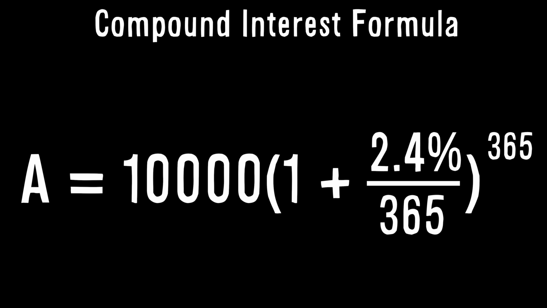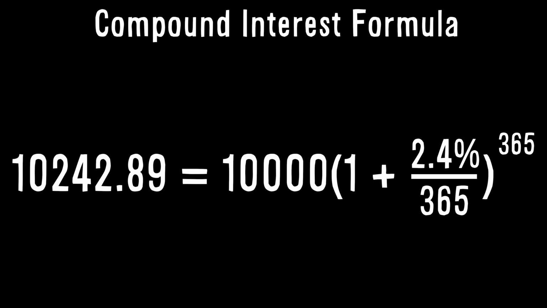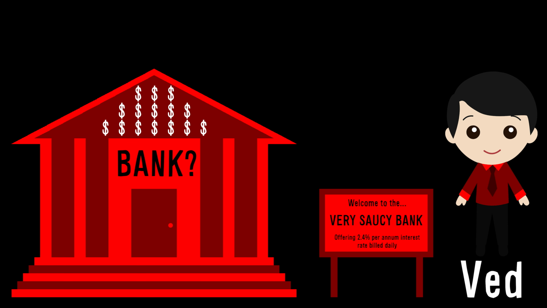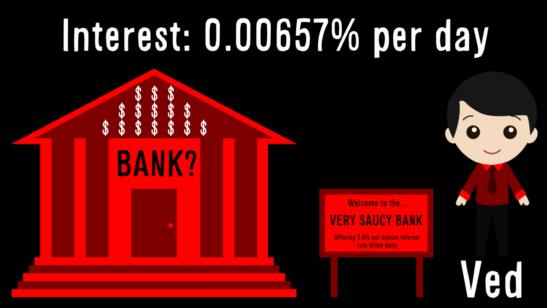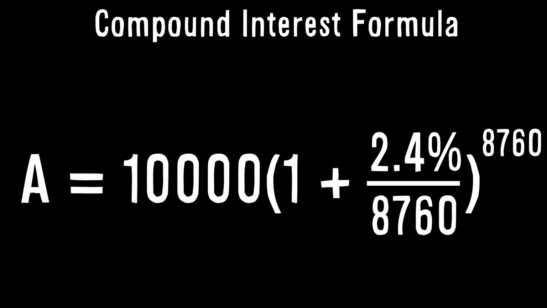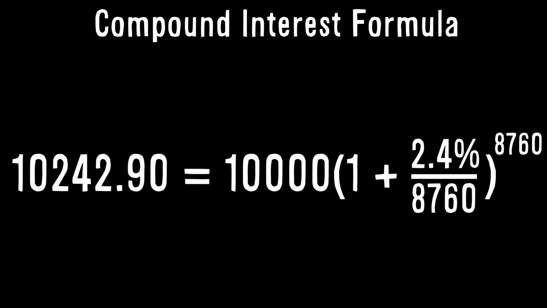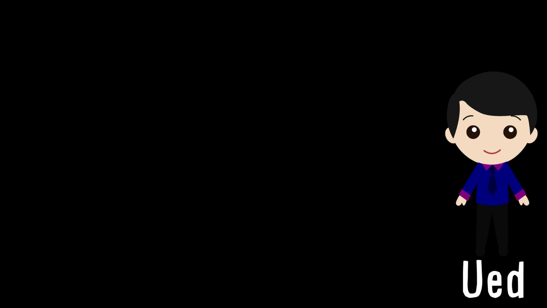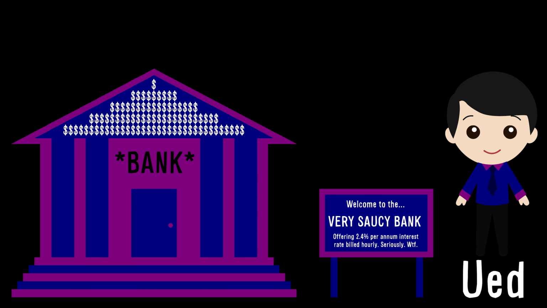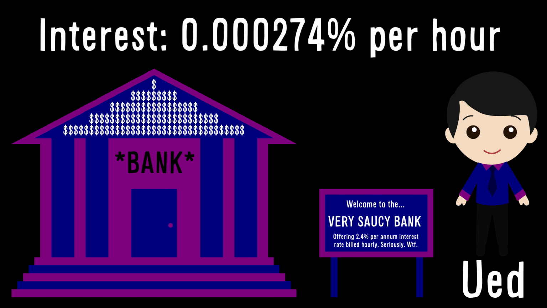Well, it turns out our A-value ends up being $10,242.89. So if a bloke named Ved was to save money into the very saucy bank that deposits a rate of 0.00657 per day, 1/365th of 2.4%, he'll only receive 24 more cents than Seth. If n equals 8,760, then our A-value ends up being $10,242.90. So Ued at the ultra saucy bank, who gives interest hourly, will only receive 1 more cent than Ved,